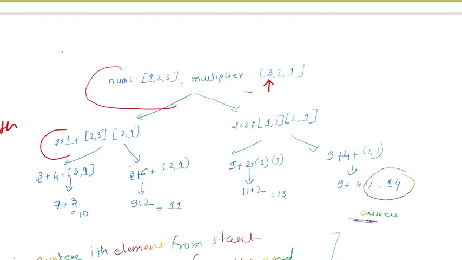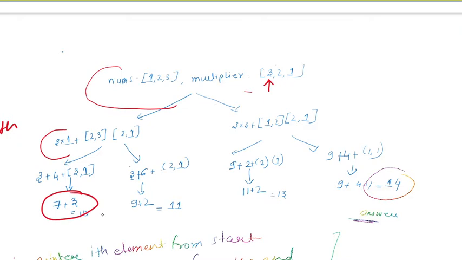Similar to this, we are picking this 2 and this one. So the result will be 2, we will add, and these are the remaining elements. Similarly like this, 9 first and last. It will be 4, and the remaining array is 1 1. So this is our second step. We have to perform the third step. So this is the final step. We add this, it will be 7, 7 plus 3, since we multiply, 10.